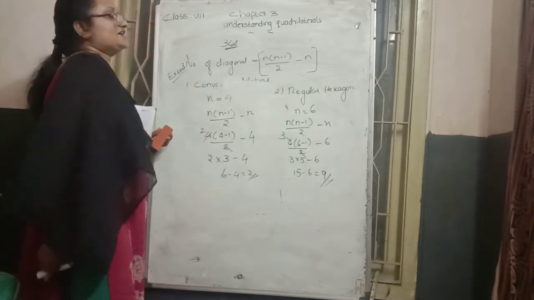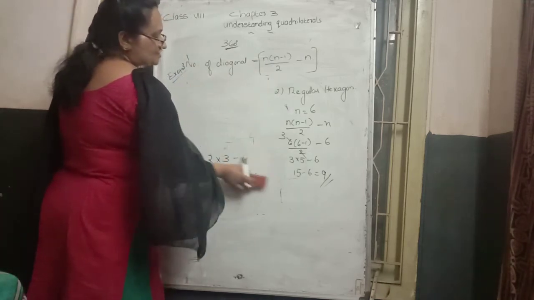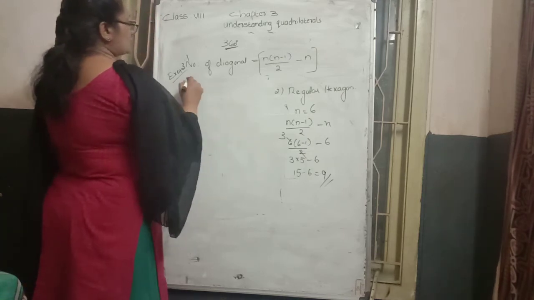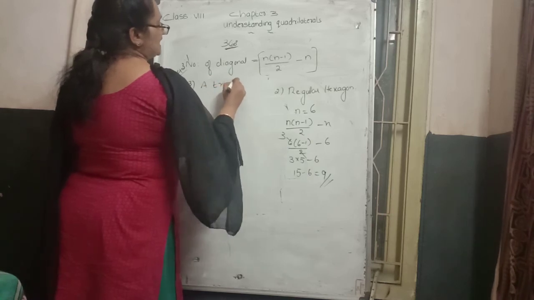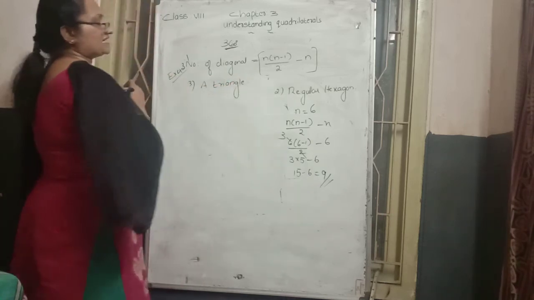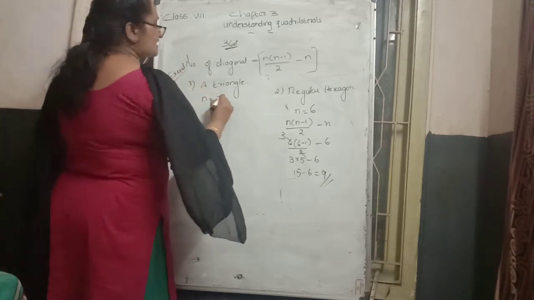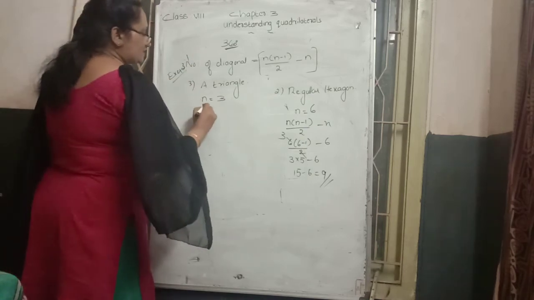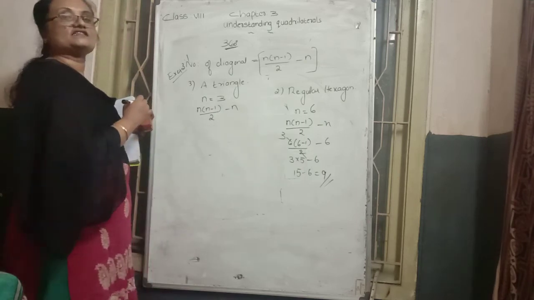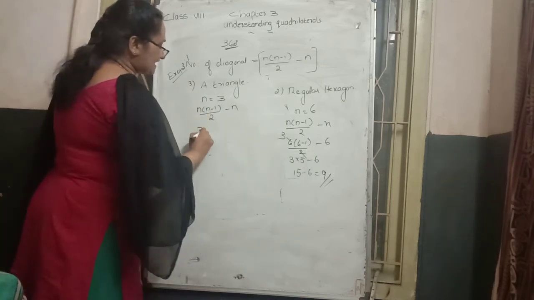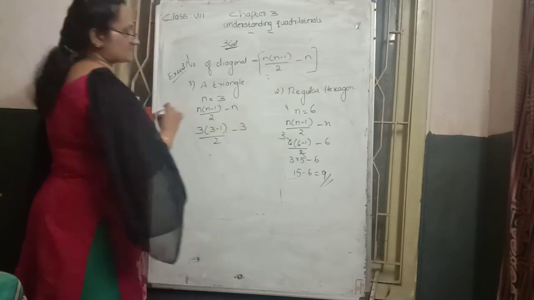Then the next one is the triangle case. Third question, one more question. Triangle case, find out the number of diagonals. How many diagonals can be drawn? We know that n means the number of sides. A triangle has how many sides? 3 sides. The diagonal formula is n into (n minus 1) by 2 minus n. So learn the formula by heart, then only we get the answer. Where n is 3, so 3 into (3 minus 1) by 2 minus 3.